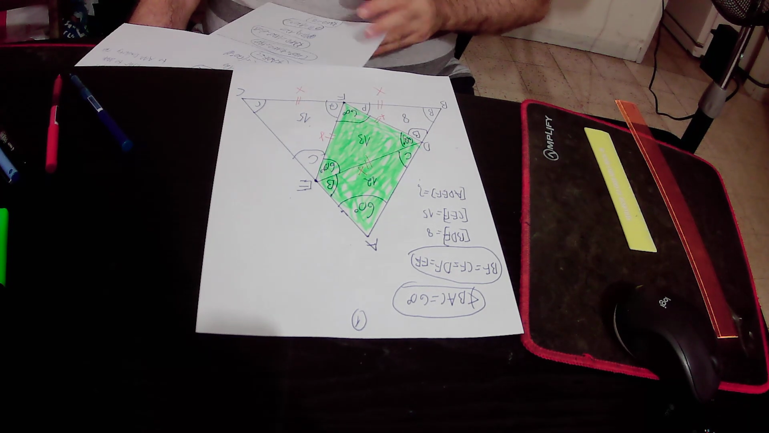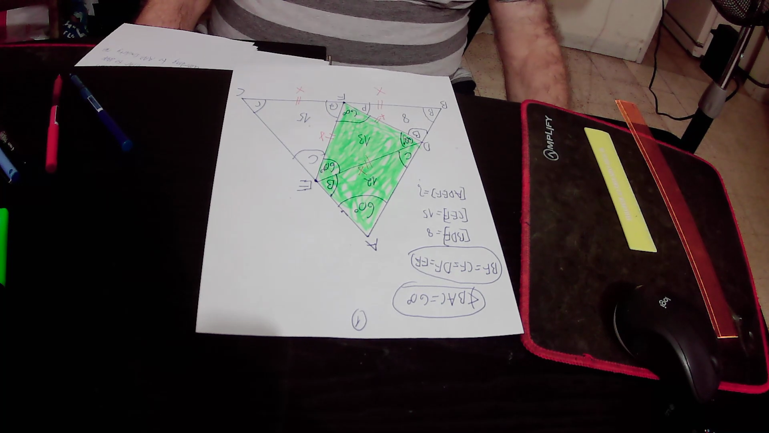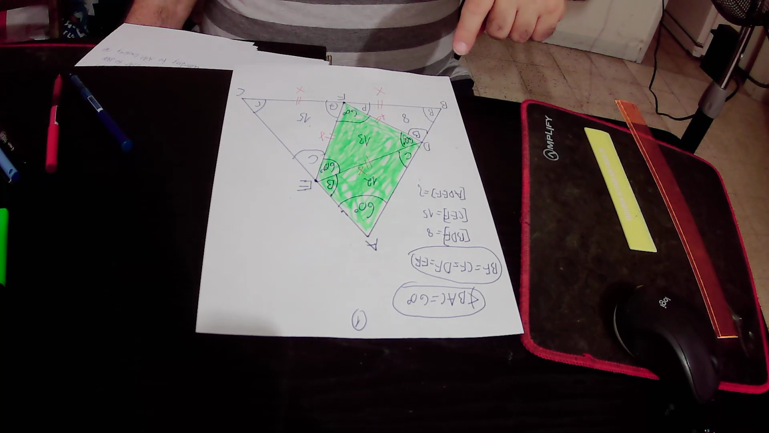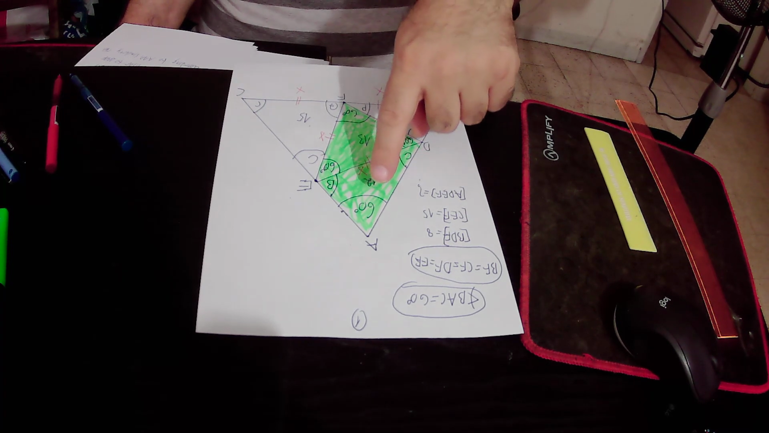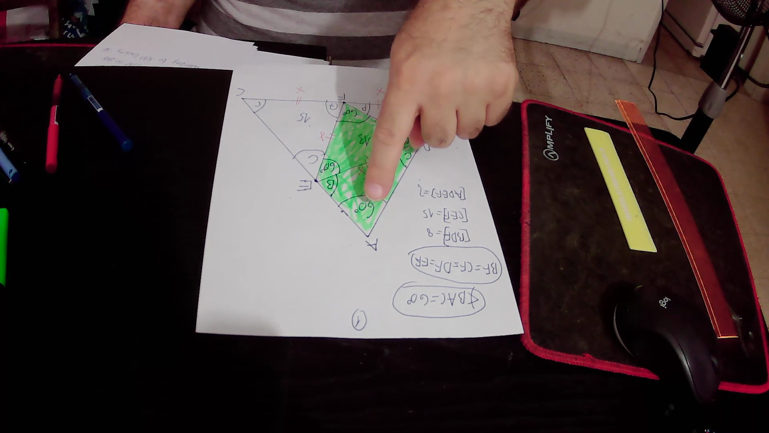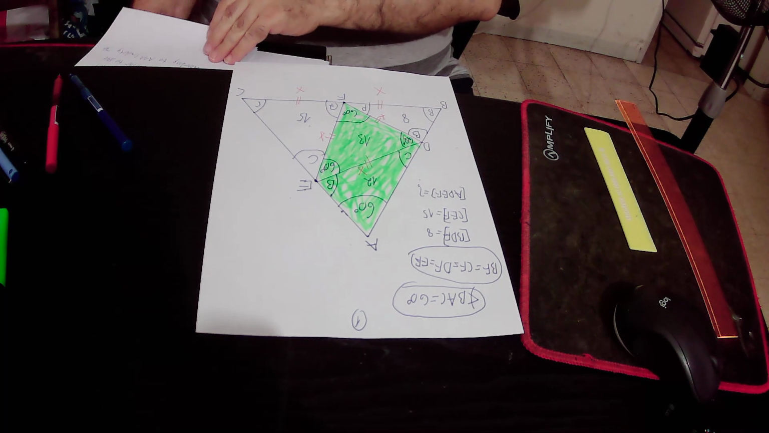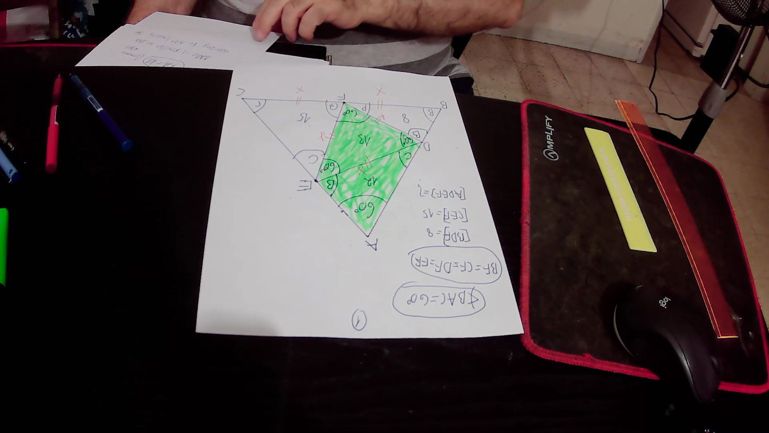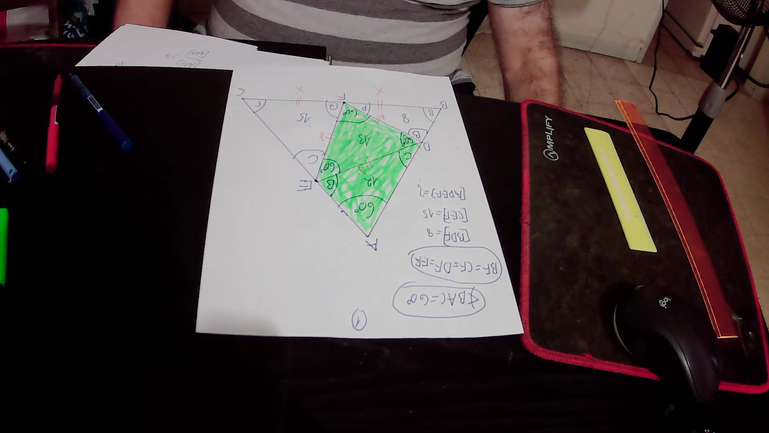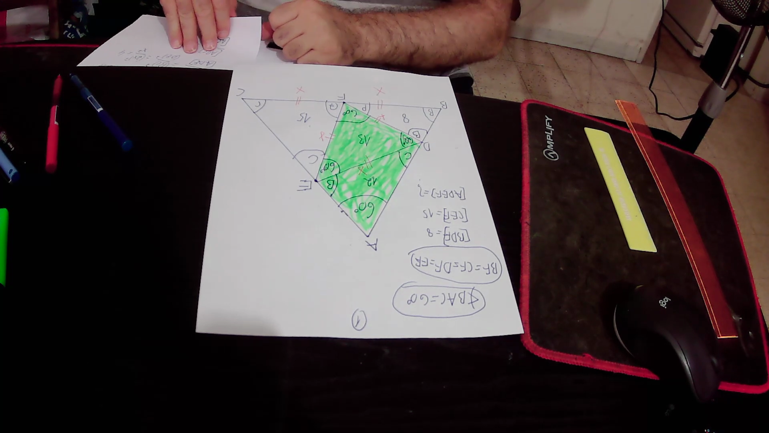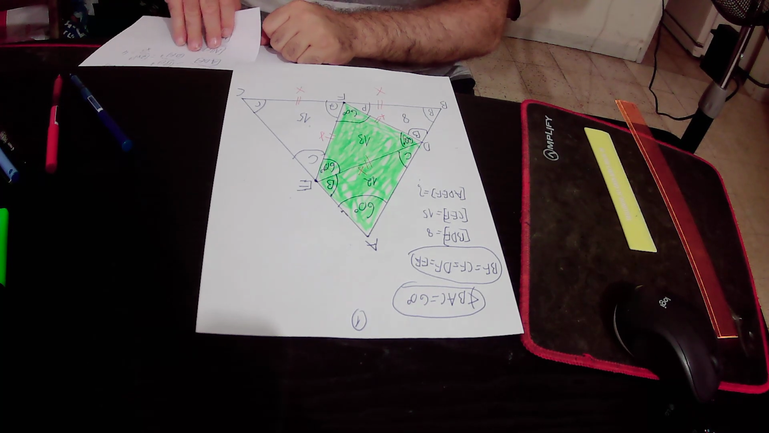Then we proved that triangle ABC is similar to triangle ADE because they have the same angles. Triangle ADE has angles 60 degrees, C and B, and triangle ABC also has angles of 60 degrees, B and C. So because those two triangles are similar to each other, we have rule number 3 that states that the ratio between the areas of similar triangles